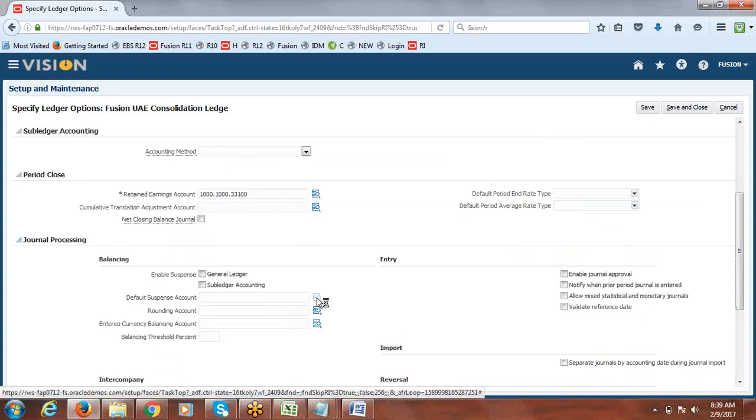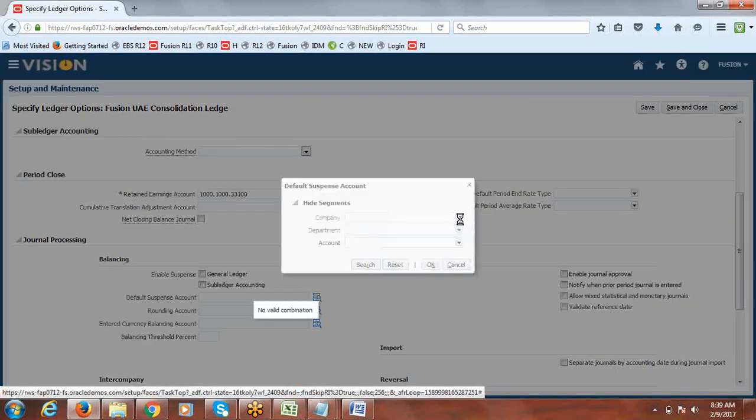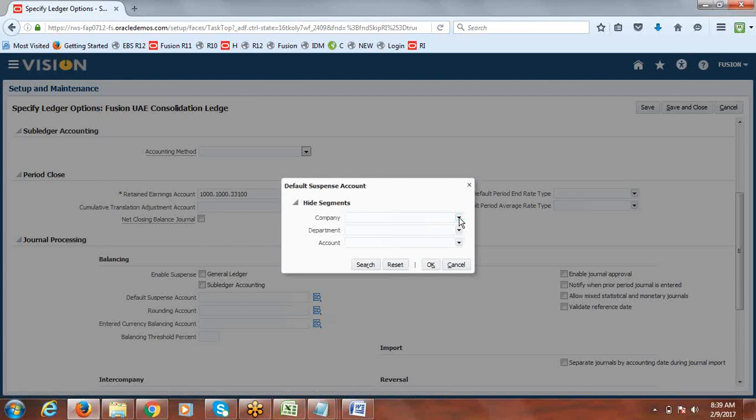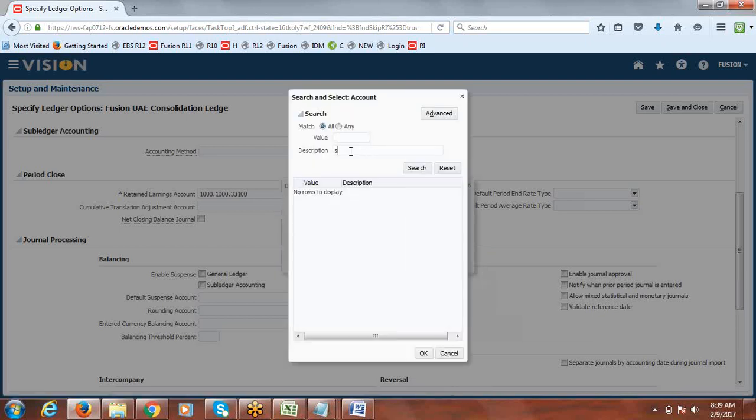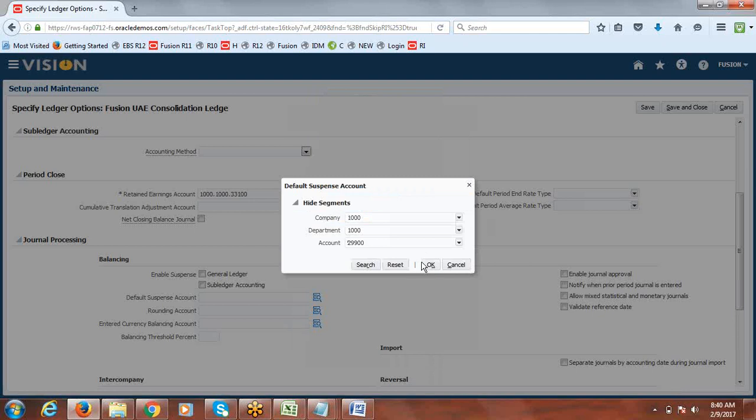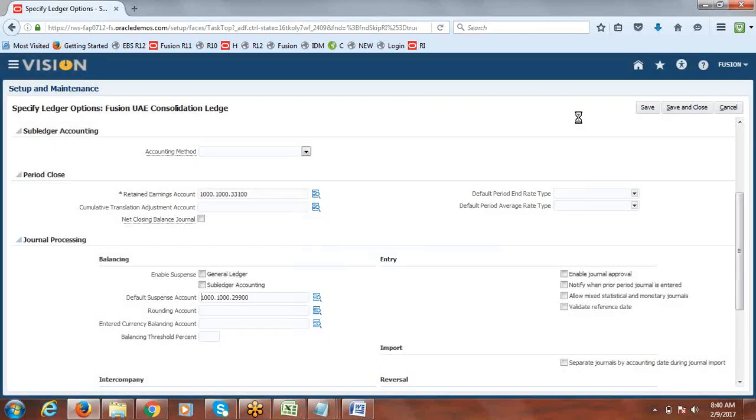Here you can set the default suspense account. Take any one of the accounts, no issues. Say save and close.